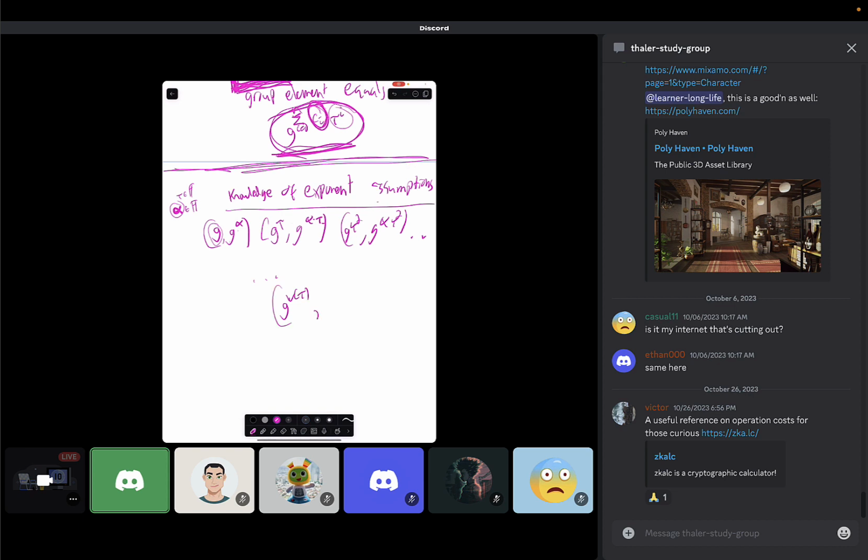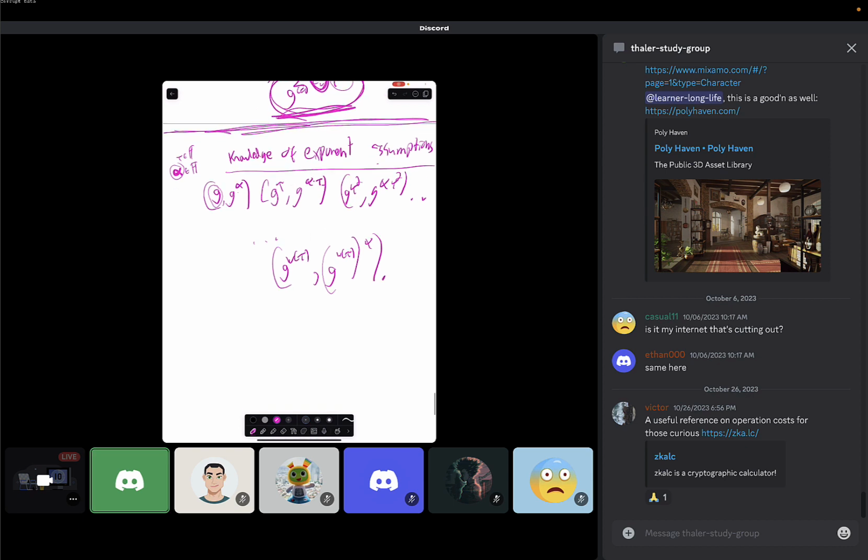now also has to get appended to it, the G to the W tau alpha. The verifier can use pairings to check that. I'll call this green group element G1 and this sphere group element G2. The verifier will check that these coordinates align with the other coordinates. It wants to check that the exponent to the first